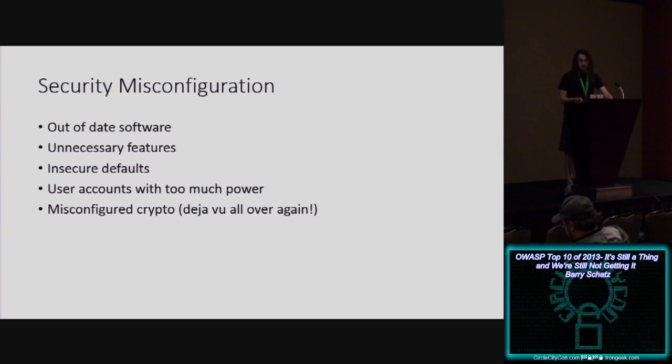Out-of-date software is common. Figure out how to install your Windows updates. I know uptime is important. That's when you make money. You don't make money while you're installing Windows updates, or at least your company doesn't. Figure out a way of doing this. If you can do multiple servers, round robin, update one server while the other's still serving banking transactions, then bring that one down for updates when the first one comes back. Find out a way of updating your software.